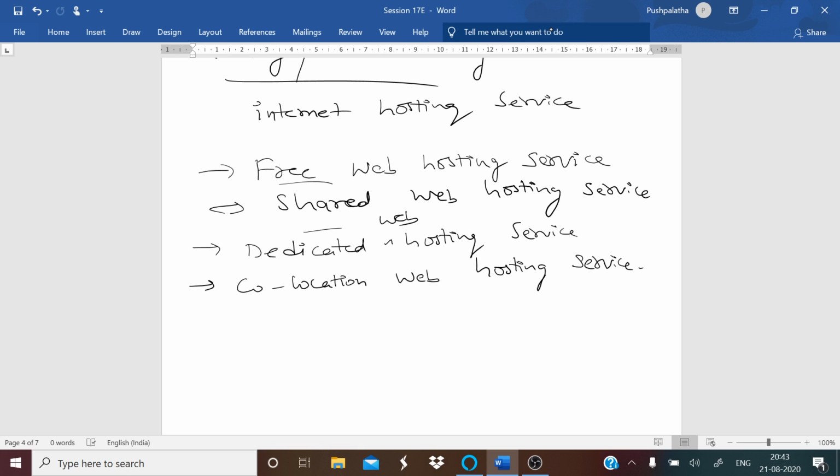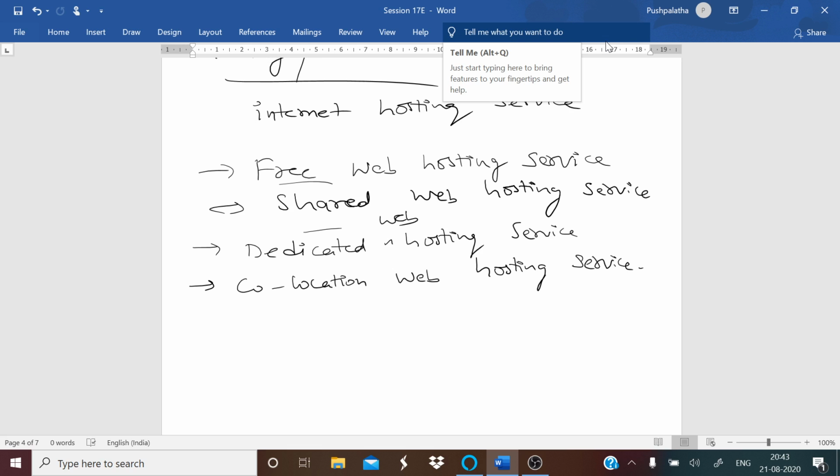and the physical space will be taken by the company which is providing you with it, and they will take care of the service. But this is more powerful and expensive. As we said, the user will own the server, and the hosting company, whoever is giving you, they will own the physical space.